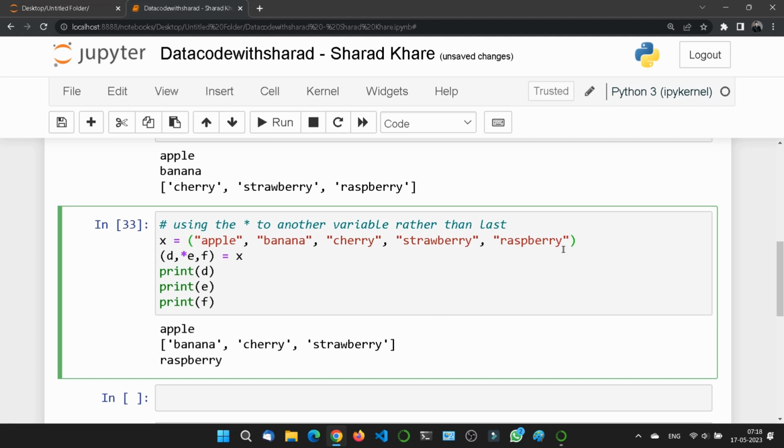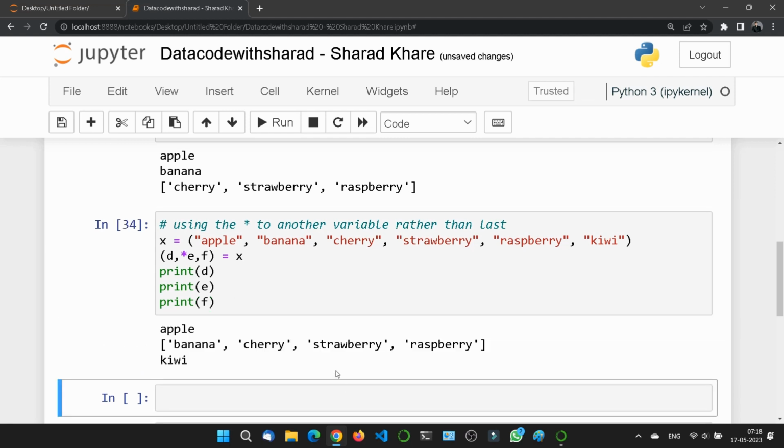Suppose here I add kiwi, I don't know if I'll be able to add it or not. Then what will happen? Kiwi will be contained by E. Let's run this again. Look, right now kiwi is the last one, so the last item is assigned to F, and raspberry is now in E. Understood?